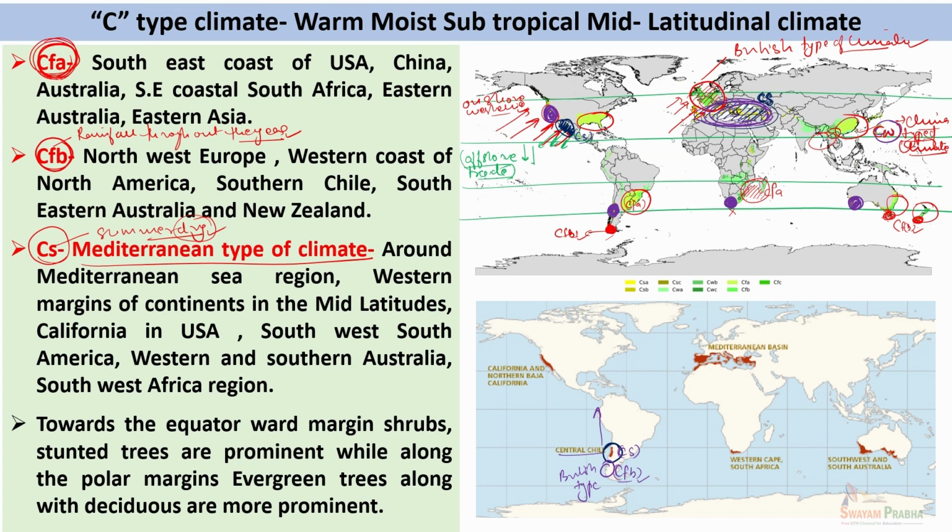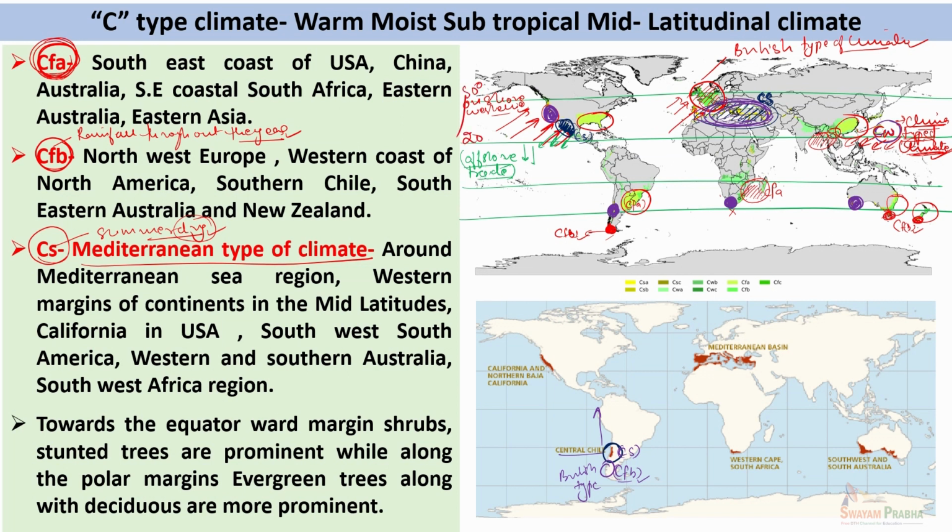Because definitely in monsoons also you experience the maximum precipitation during the summer season, but monsoon type of climate does not experience a very distinctive winter dry season, whereas the China type of climate experiences the specific winter dry season. Okay, so the modified version of trade winds provide precipitation to these areas, especially during the summer season. So these are the four variants of C type of climate which are experienced between 20 to 50-degree latitudes in